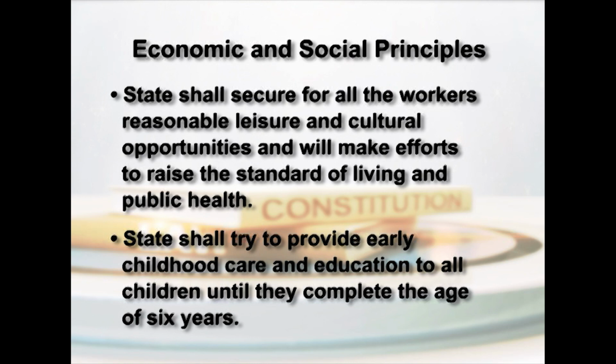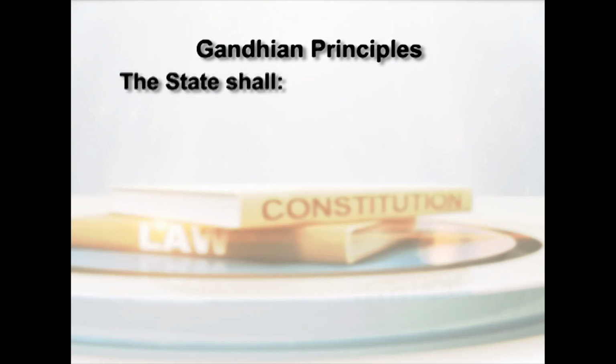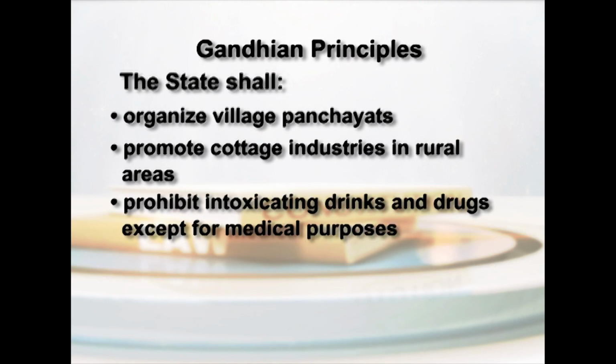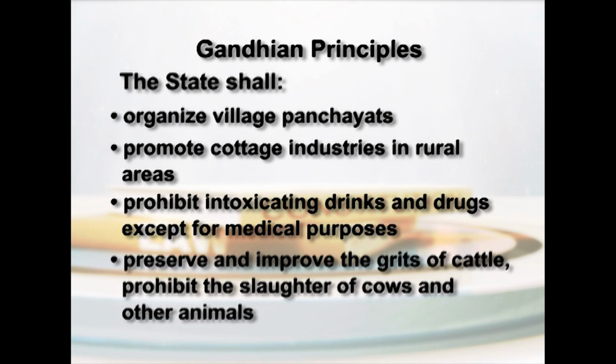There are certain Gandhian principles, that is, the principles which were advocated by Mahatma Gandhi. These principles are as follows: to organize village panchayats, to promote cottage industries in rural areas, to prohibit intoxicating drinks and drugs except for medical purposes, to preserve and improve the breeds of cattle, prohibit slaughter of cows and the like. As I have already stated, there are some directive principles of state policy which are related to international peace and security. It has been stated that